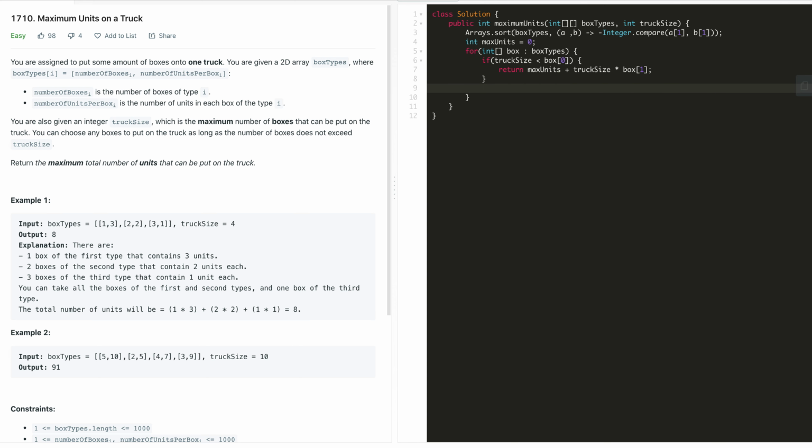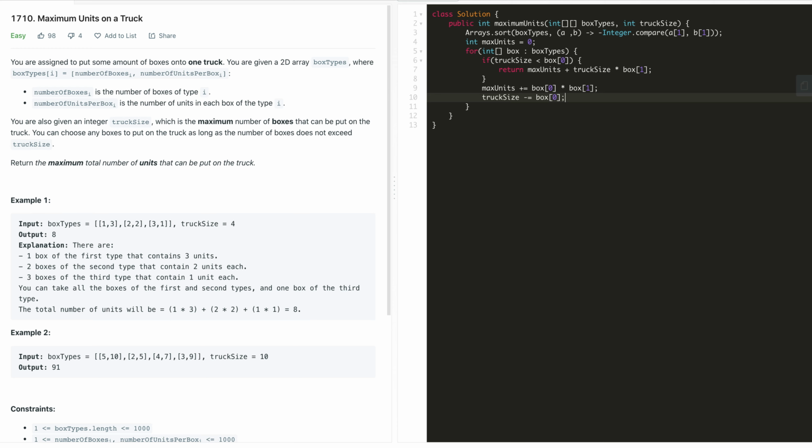Otherwise, we will update our max units with the number of boxes we are able to pick, at index 0, multiplied by the units we get from picking them, at index 1. We add this to the previously calculated max units and reduce the truck size by that number of boxes at index 0.